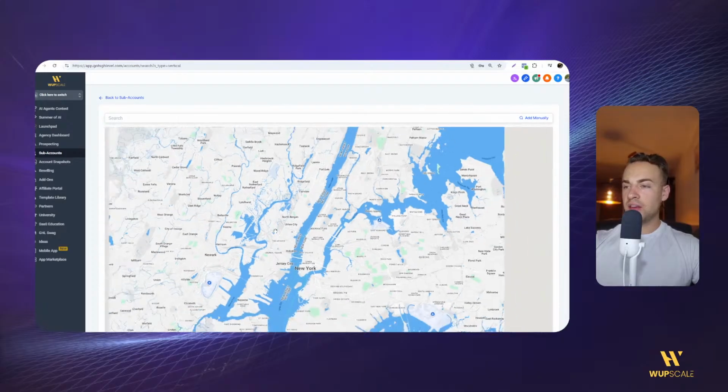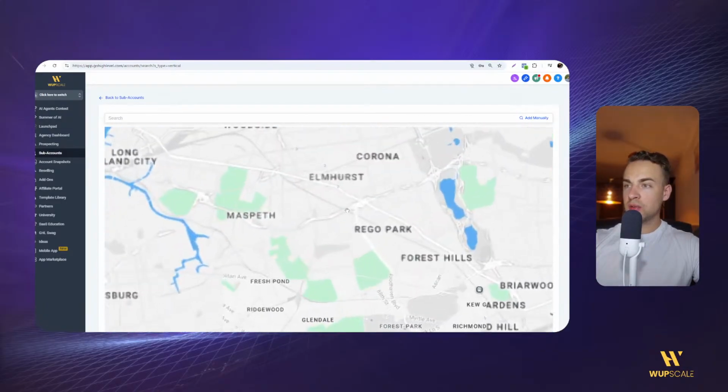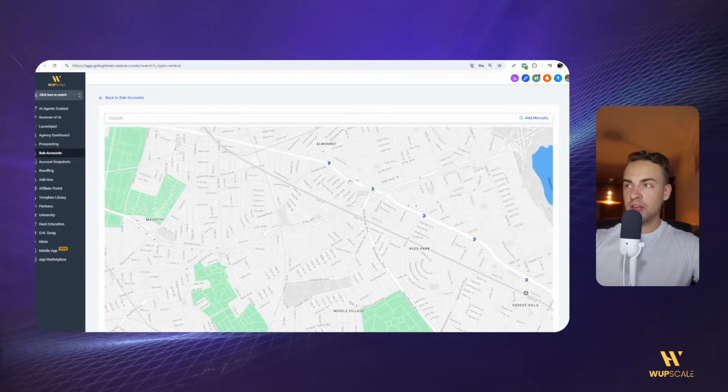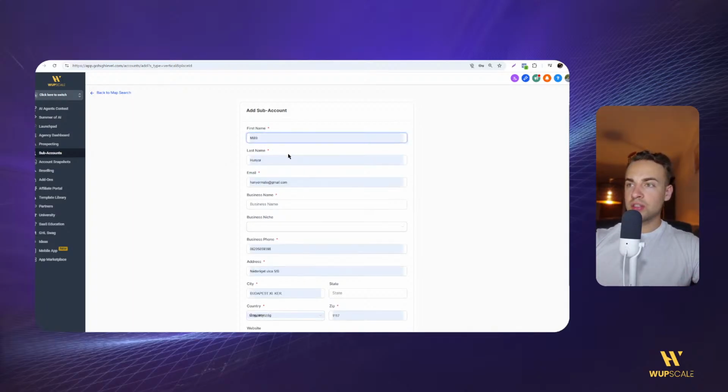And then here it's gonna open the map. So if you are creating a sub account for an existing business, you can search on the map and enter their location. But if you just want to get started manually and fill out this information on the onboarding call with the client, you can just start, and then